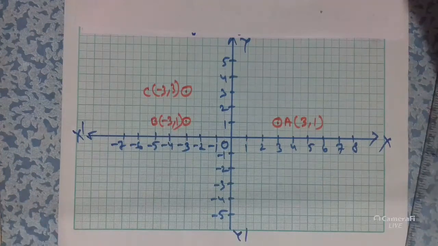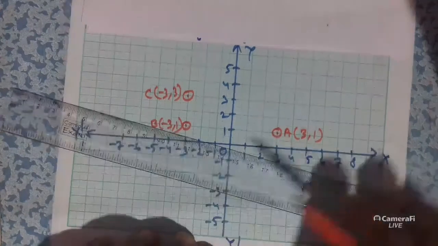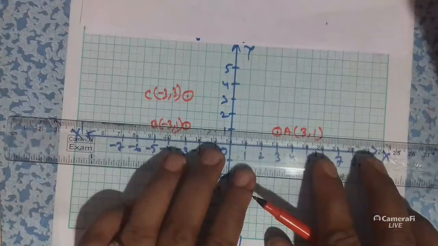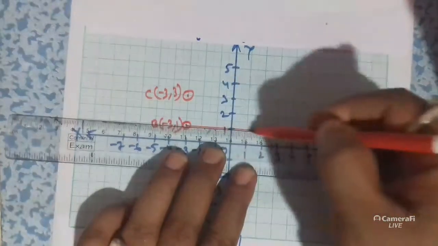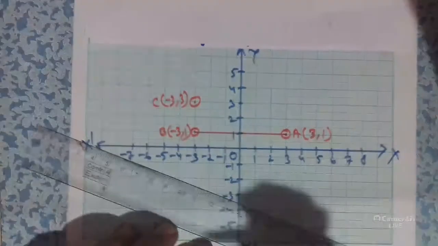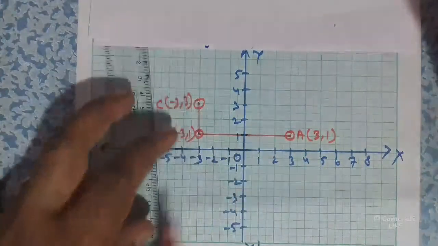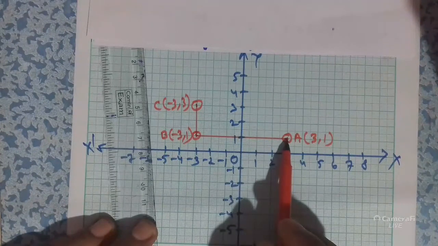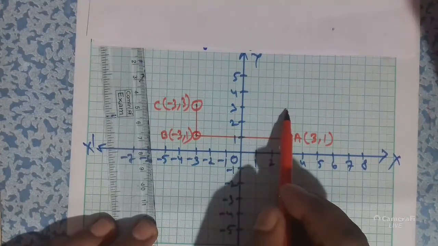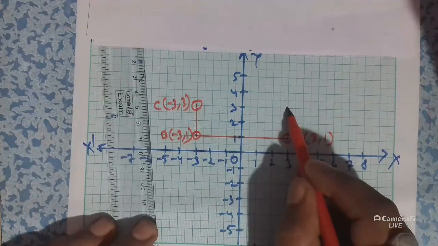Now as we know that in a rectangle the opposite sides are equal. So what is the length of AB? So at first join AB to make it a rectangle and join BC. So what is the length of BC? 1, 2, 3, 4, 5, 6 units. So obviously CD will be 6 units and BC is 2 units. So obviously AD will be 2 units.